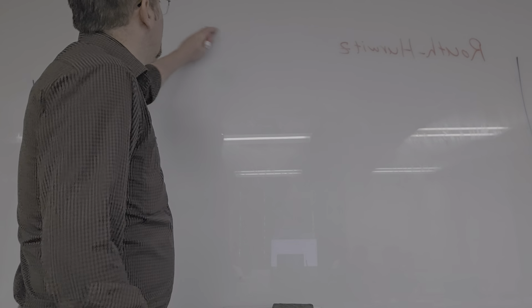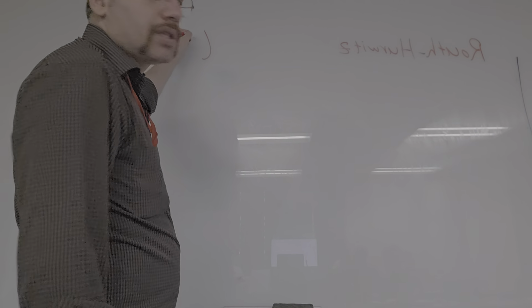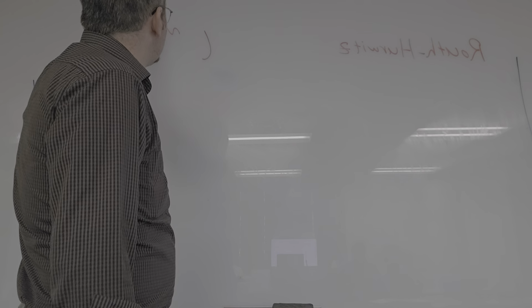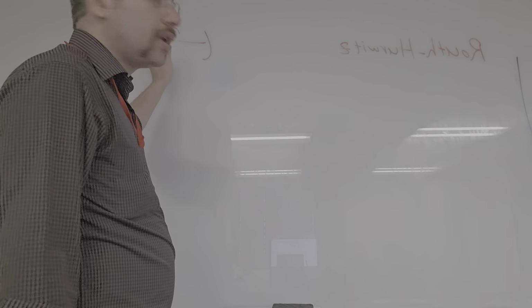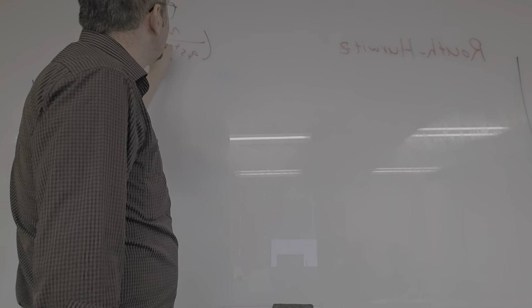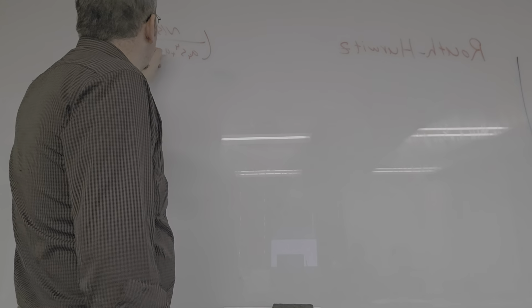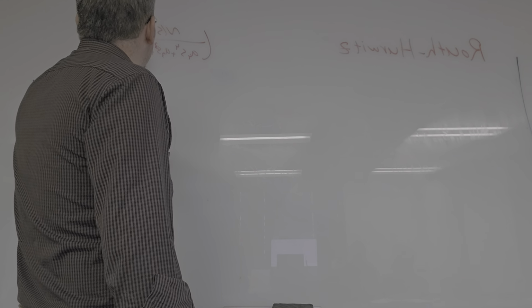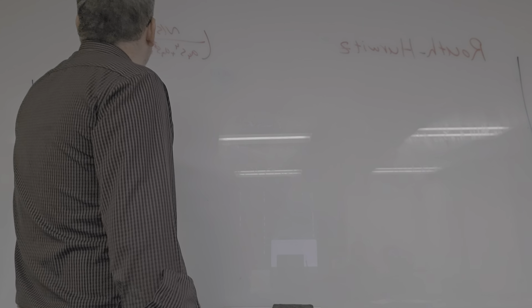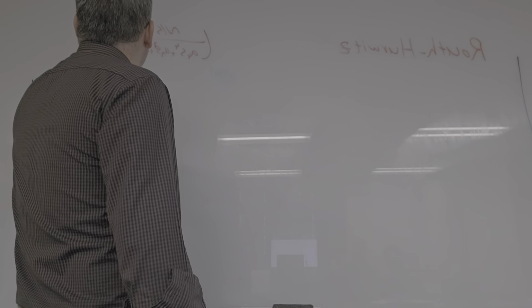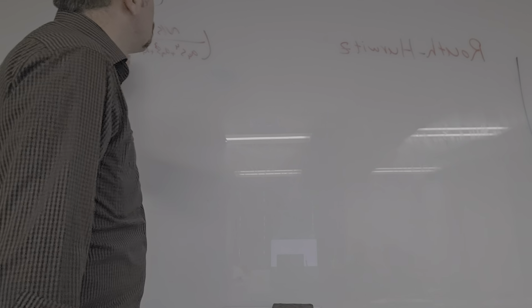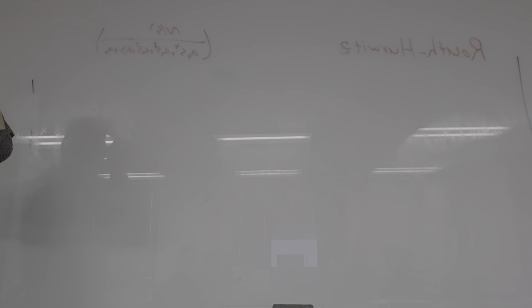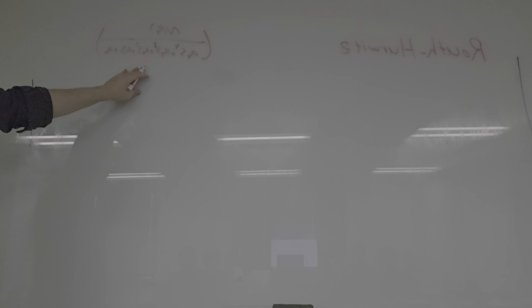Let's say we have a fourth order system. I am going to use this example later on. There is some sort of numerator, but we don't care about that for stability, and we have A4 S^4 plus A3 S^3 plus A2 S^2 plus A1 S plus A0. So this is our transfer function. We are going to use this as an example, but before that we are going to talk about the general